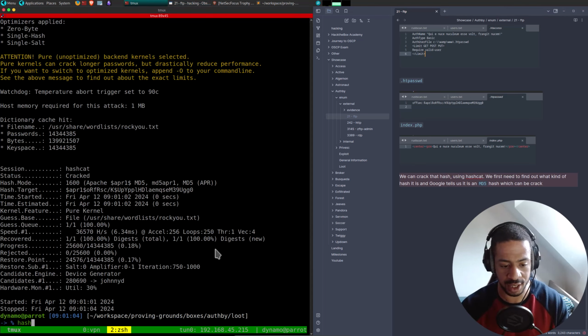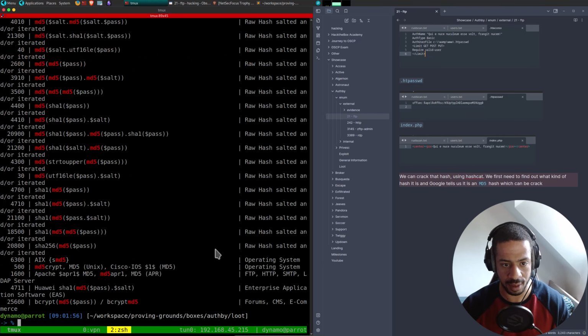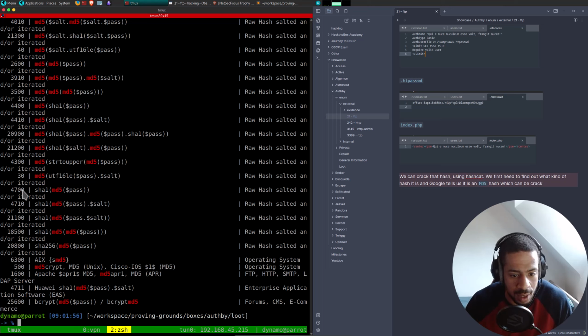Let's see, hashcat help grep MD5. There's quite a few. Apache apr1 MD5. Yeah, okay, so it's that one.